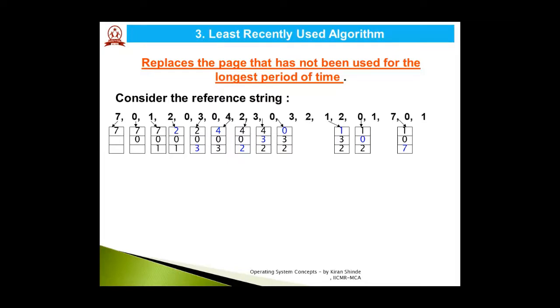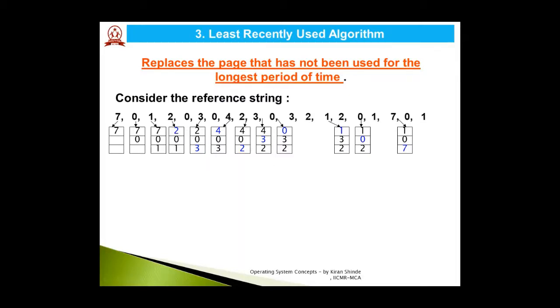So immediately you can make out the difference between the logic of optimal page replacement and LRU. The logic here is talking about the past knowledge. In optimal page replacement, we were talking about the futuristic knowledge of that particular page reference. But here we are talking about the past knowledge of that page reference. Okay, so try to understand with this example. I have purposely kept the same memory reference string so as to compare the 3 algorithms with respect to the